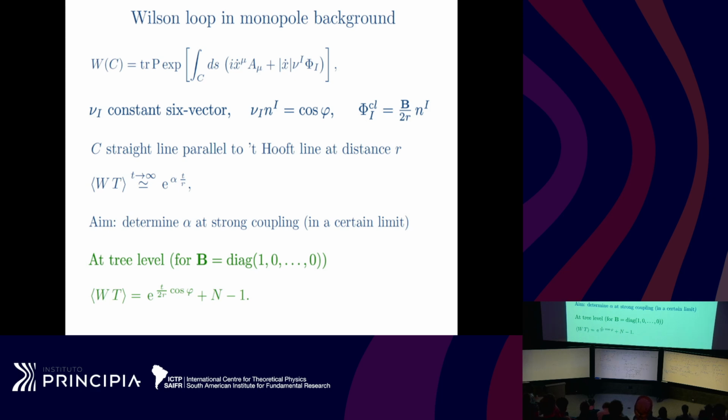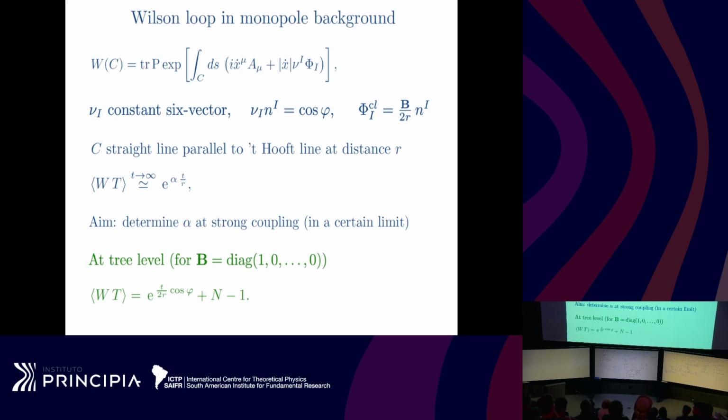So we consider, of course, a Maldacena Wilson loop, where on top of the gauge field we also have a coupling to the scalars, given by some constant vector ν^I with 6 components. And now I reintroduce this general vacuum expectation value for the fields, which was given by a constant 6-vector n^I, and appeared in the expression for the waves in this way here. So now we have these two vectors on the sphere, and not surprisingly, the angle between the two, cos φ, will be an important parameter for the problem.